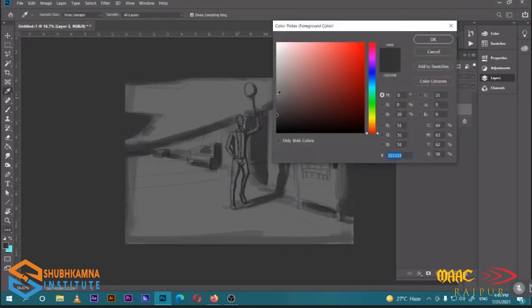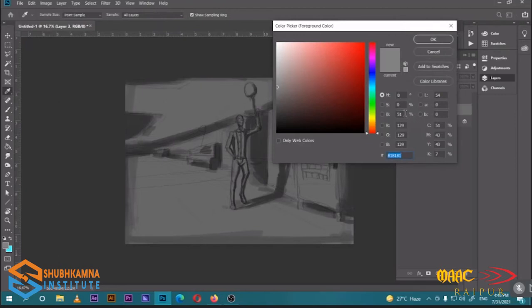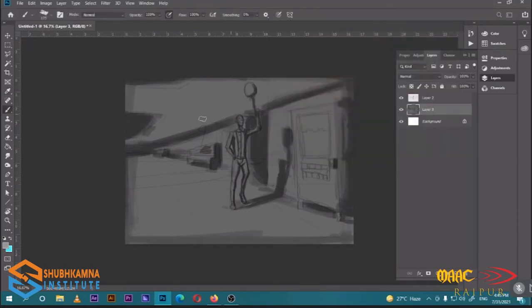Now we're going to draw the light areas, which is going to be 60, because 40 was our base area. So I'm just gonna draw these.